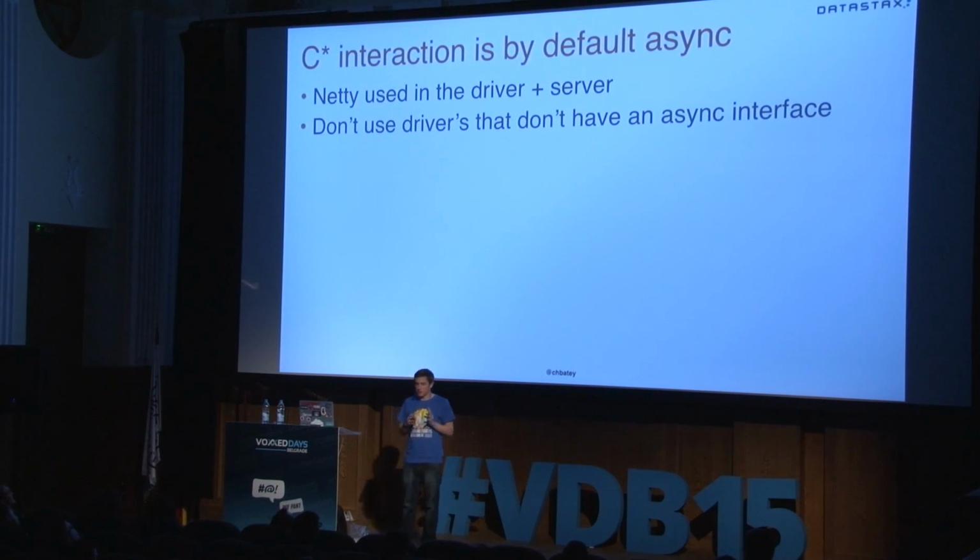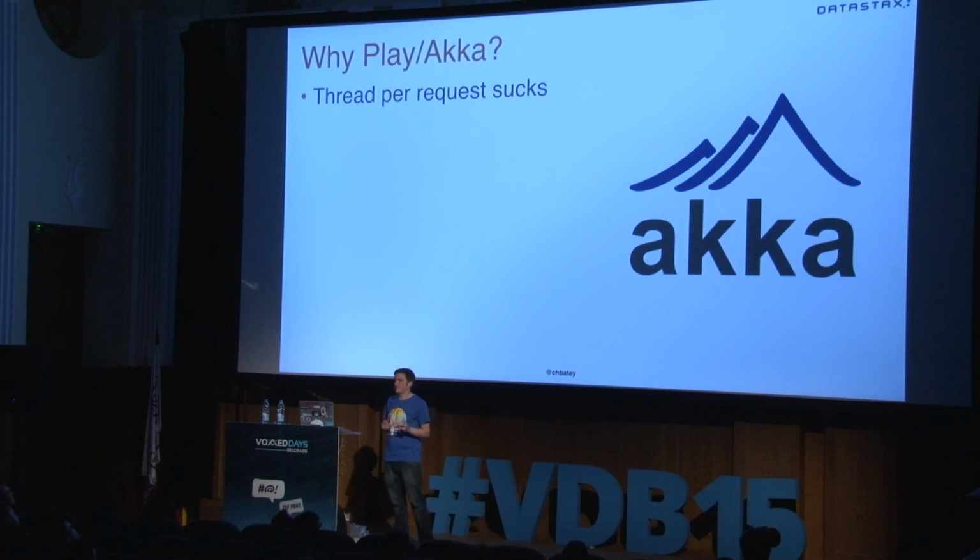So what are we going to put in the middle? Well, we're going to put Akka. And basically because a thread per request absolutely sucks. I don't really care whether you use Akka. There are actually Java frameworks for doing similar things. I'm going to show Scala, so I apologize, because Akka in Java is very ugly.